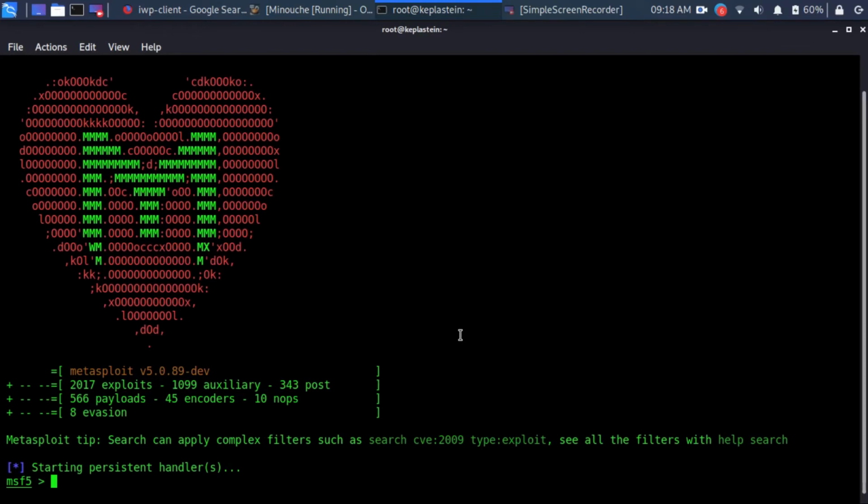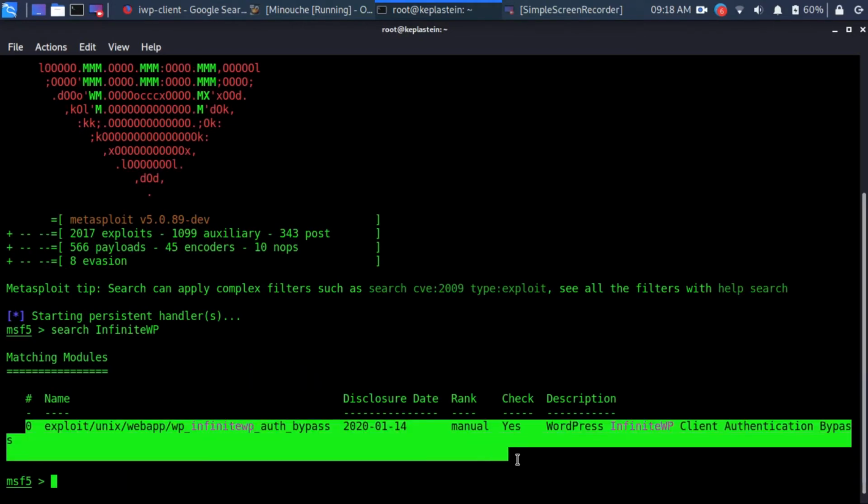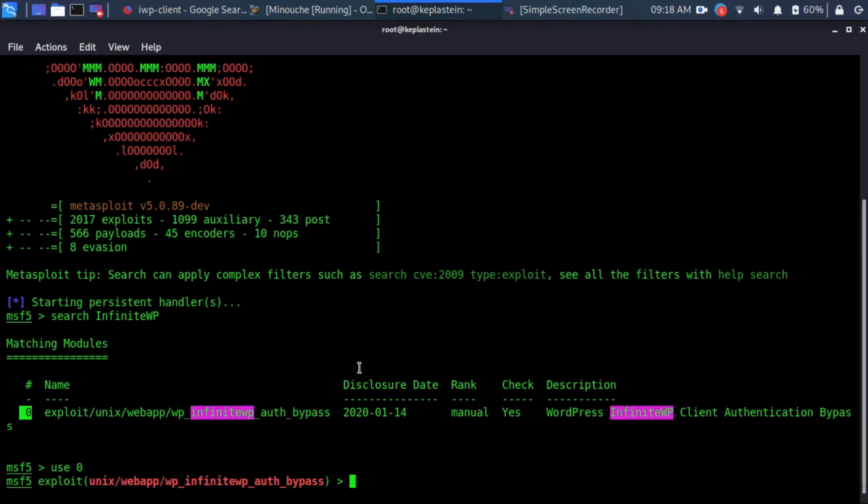And as you can see, Metasploit is open. And now let's search for the plugin exploit, and we are greeted with one result. So we are going to use 0. That's the ID for that particular exploit, so use 0, enter. Then you're going to show options,